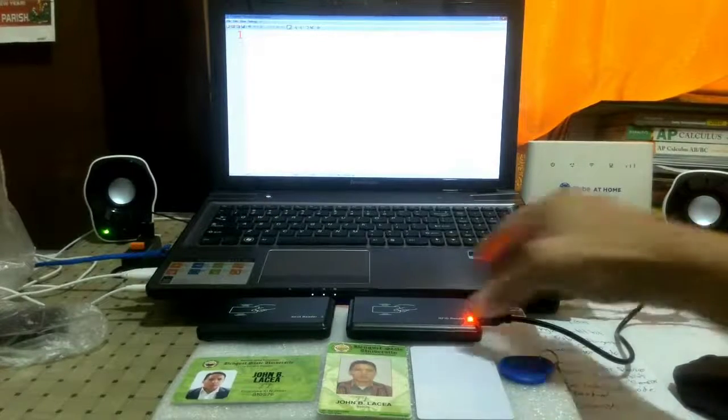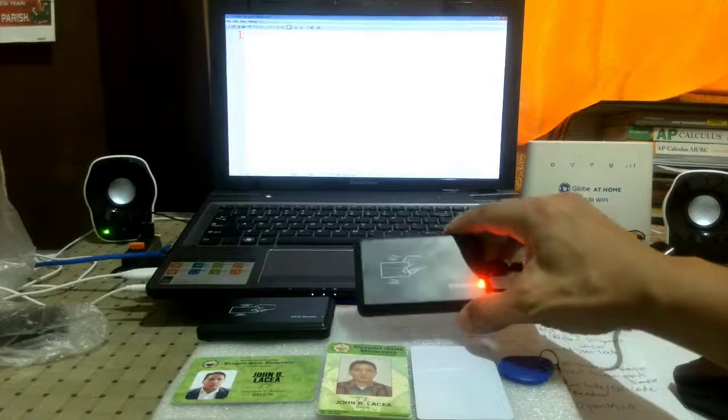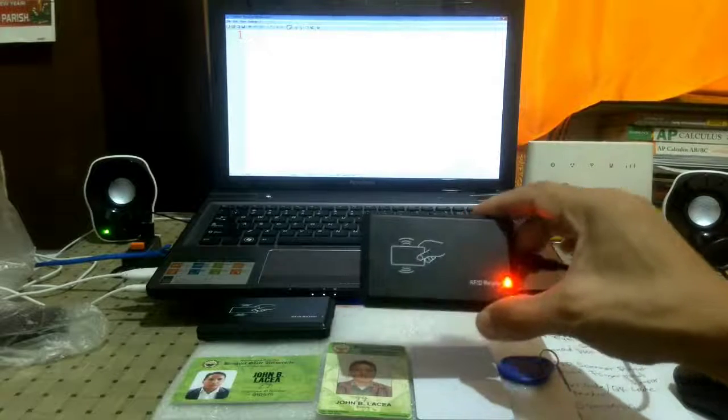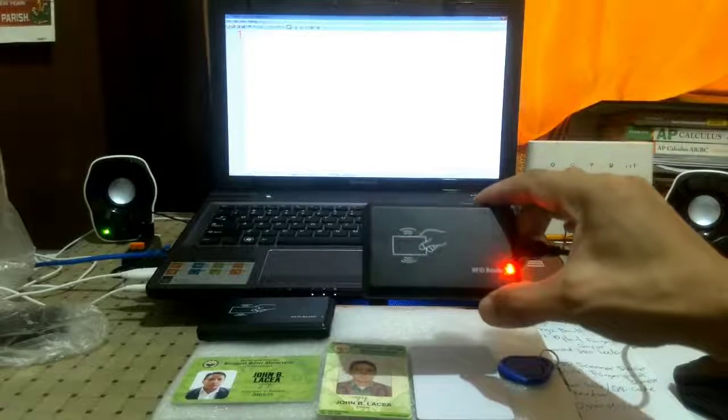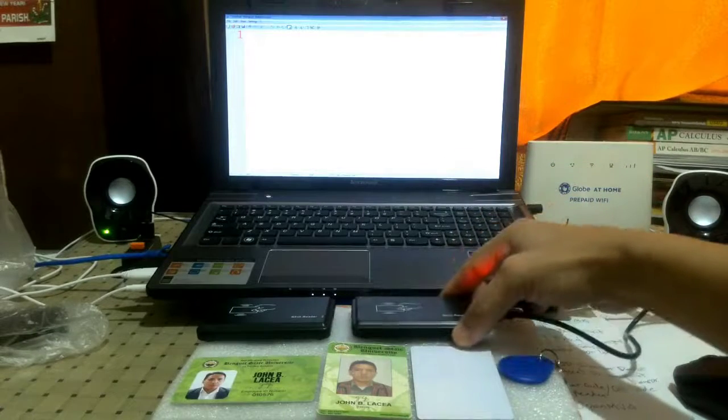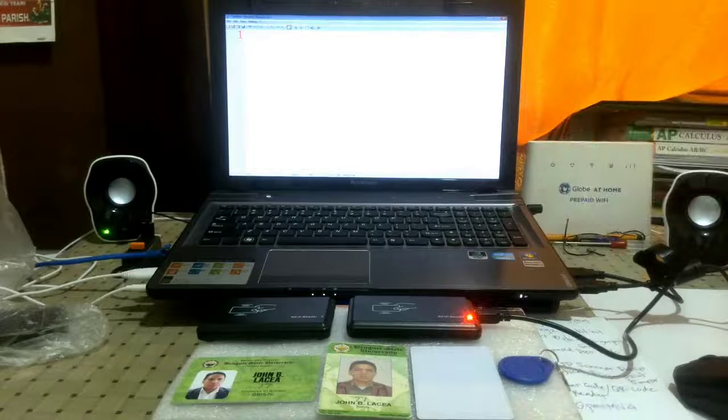Whereas this is the 13.56 megahertz radio frequency ID identification scanner or reader. We cannot tell which one is which, but